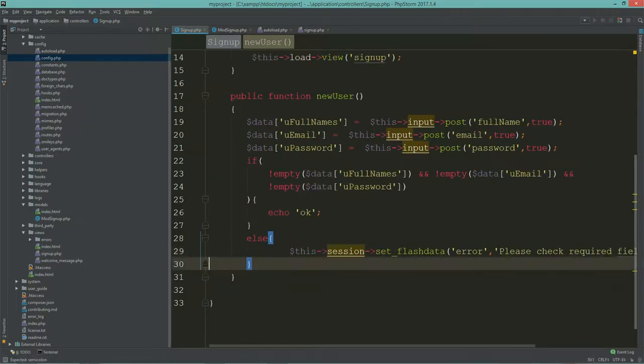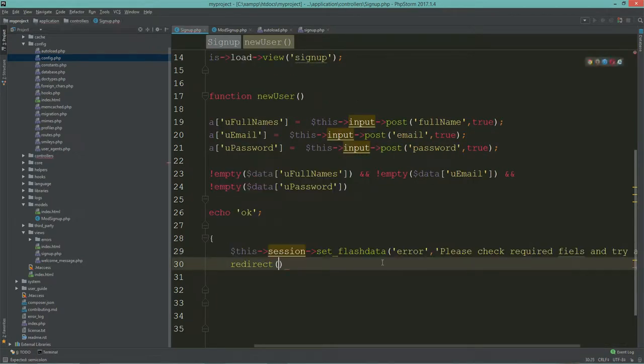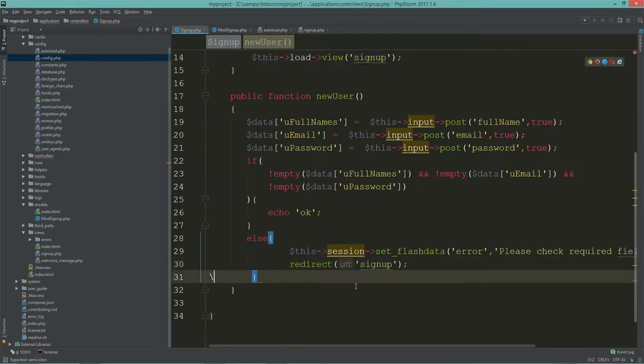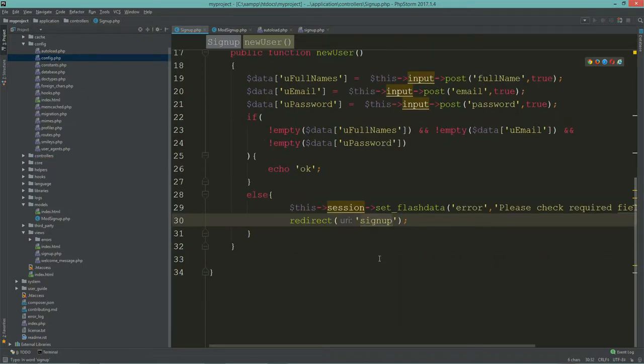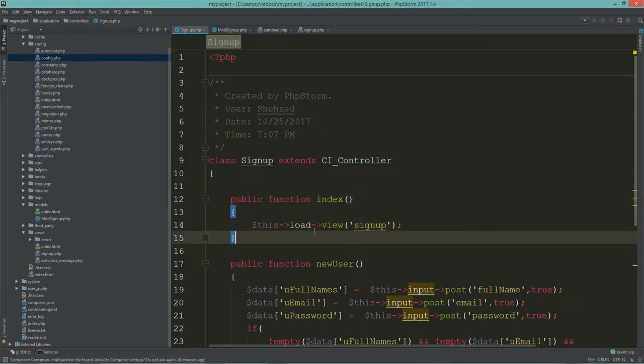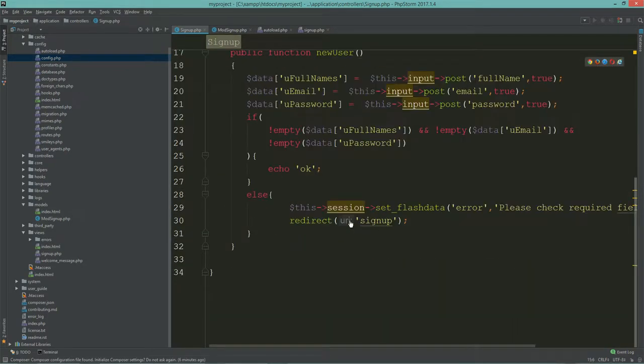Okay, now we are setting the flash data here, but we are not redirecting. So redirect the user to the sign up form if he or she is not providing required fields. So redirect to sign up, because when we redirect to the controller named sign up, it automatically executes the index method. Okay, so setting the error, redirecting to the